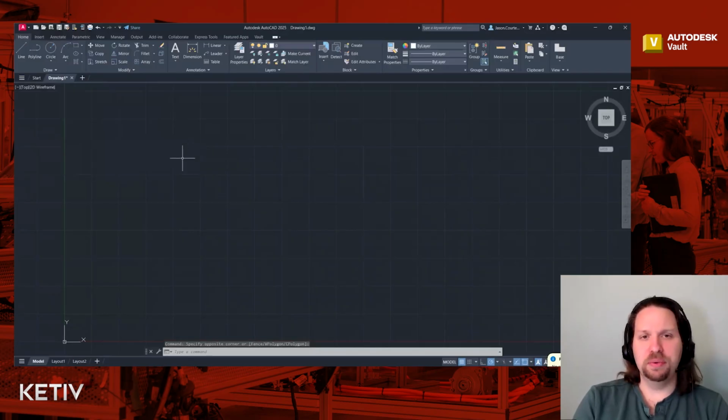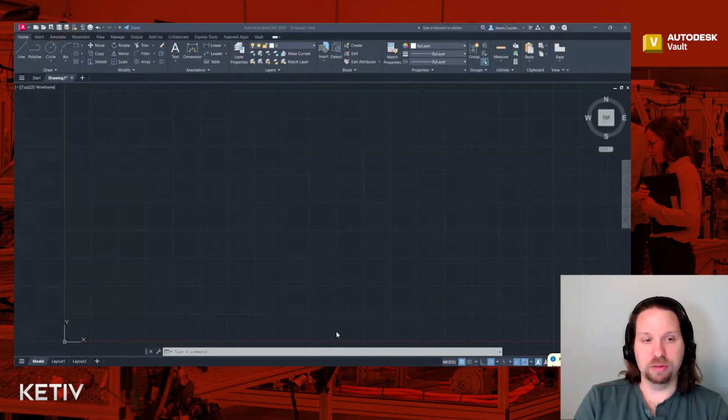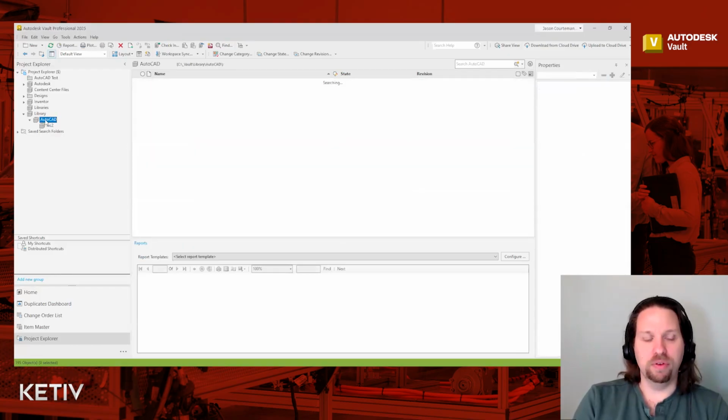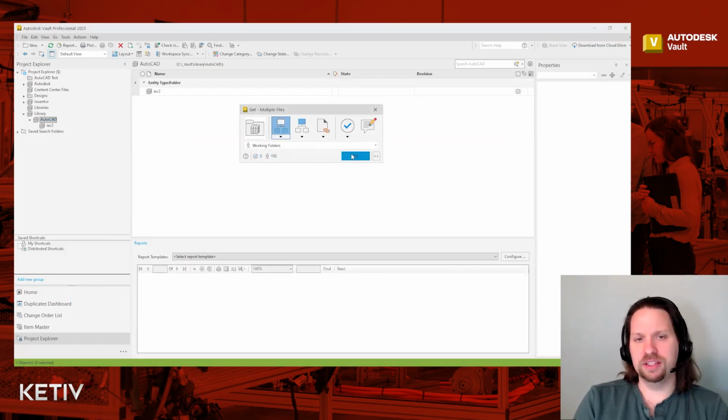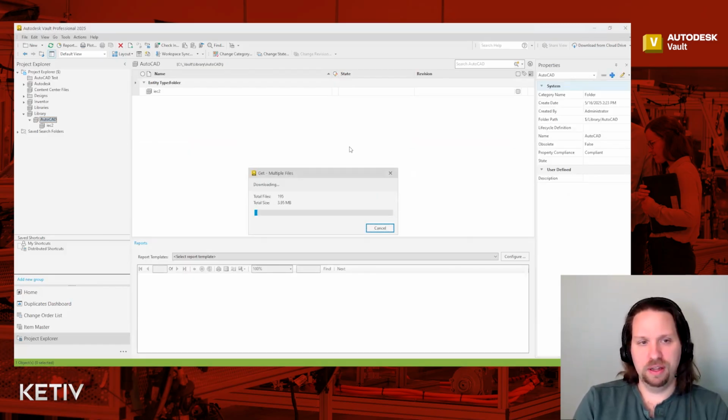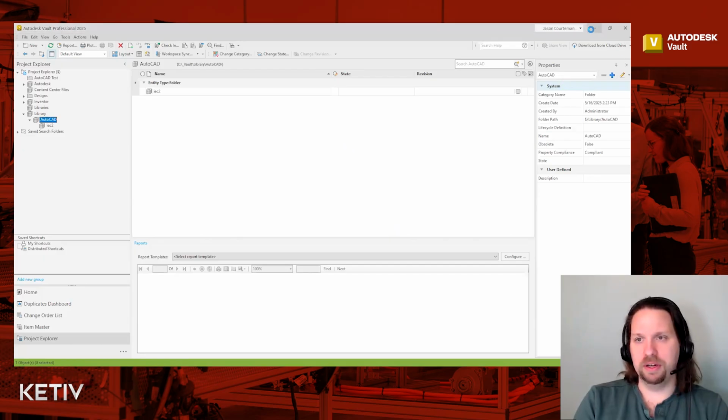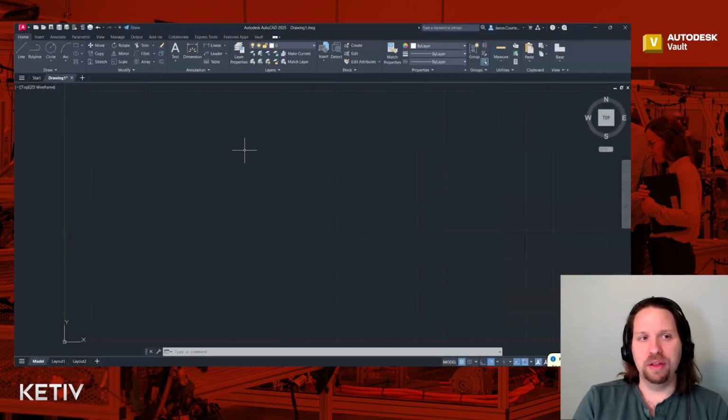So there are two ways that we can use the block attributes. In this case, since I already have all the blocks on my local computer, I don't need to download them. If you don't, if I logged in from a new computer, I just right mouse click and do Get, and this will download all of the subfolders and files, so I have a local copy of all of the content. I'll click OK, making sure that the library file is up to date on my computer. And now that the library file is up to date,